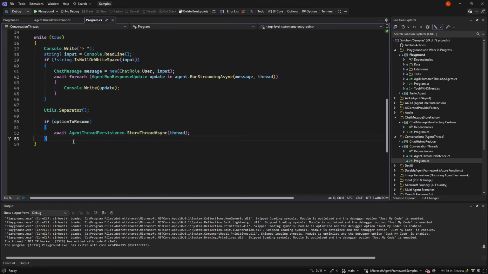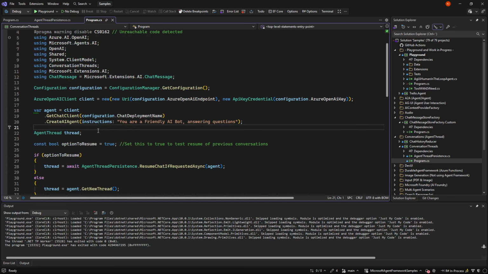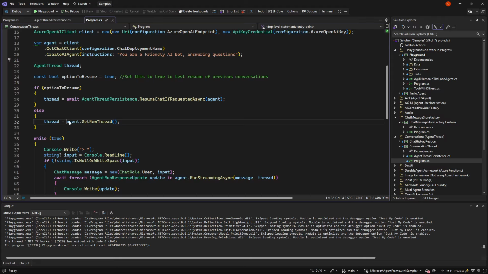And while this works, it's a bit cumbersome because we need to put extra code in here, we need to put extra code in front, and so on. So wouldn't it be nice if the agent that we create here, which is by default an in-memory agent, automatically did this, and the only thing we needed to do was to get an ID of it? That is what this sample is.